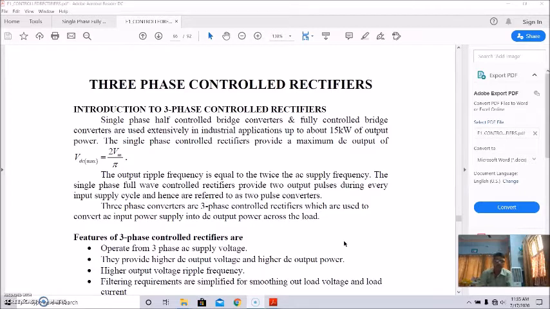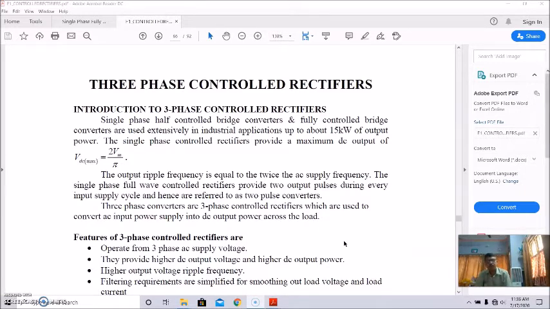Today in this power electronics and drive class, so far we have discussed single phase converters, that is single phase half controlled full wave and single phase full controlled full wave, with different types of loads: resistive load, resistive inductive load, and general load, that is resistive inductive load with an external EMF source. So that is an RLE load basically, and we have worked out some numericals of this particular topic also.